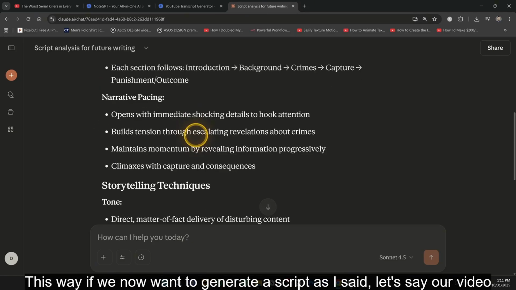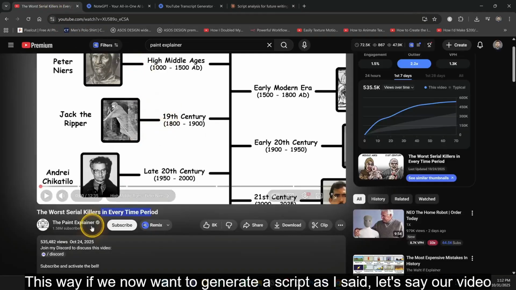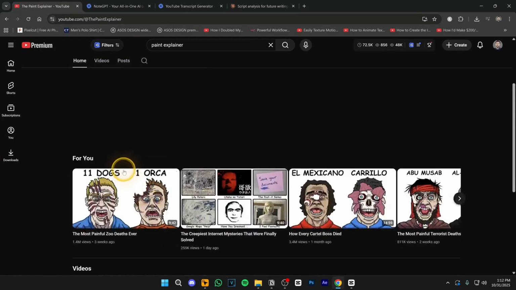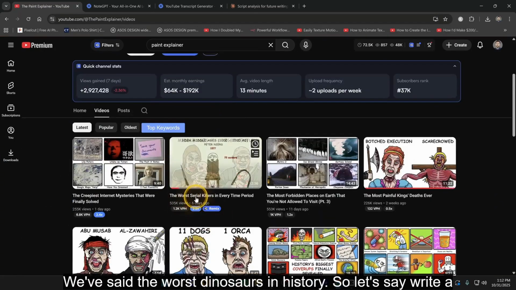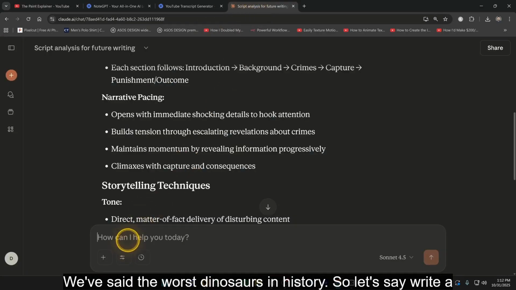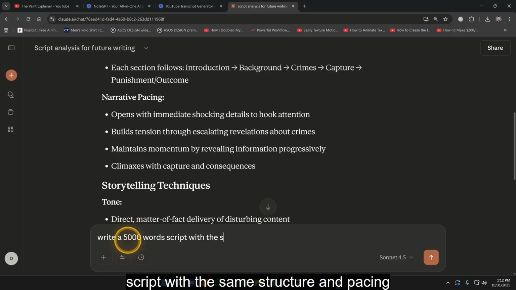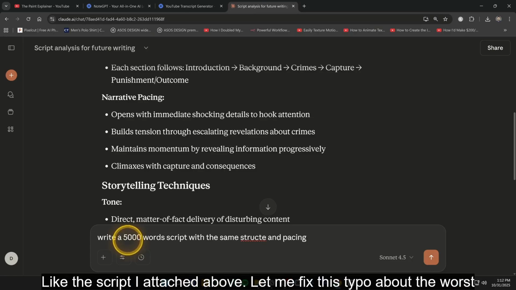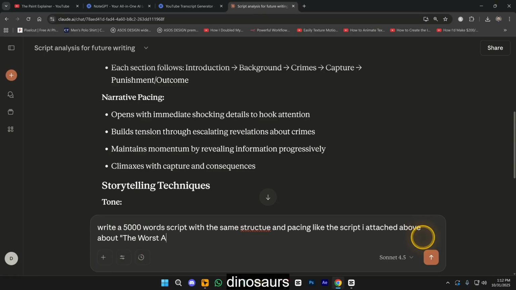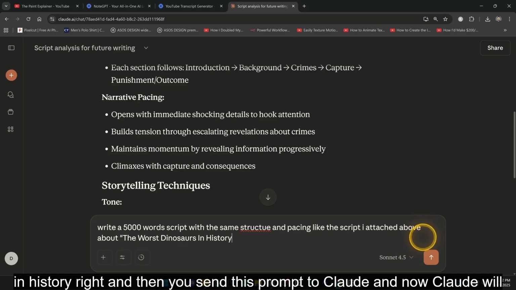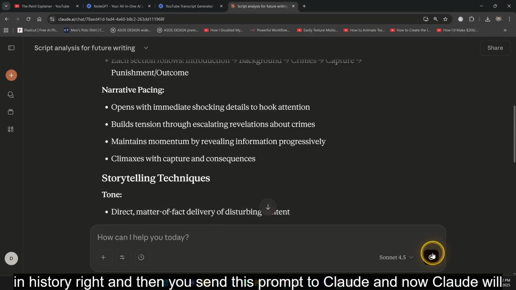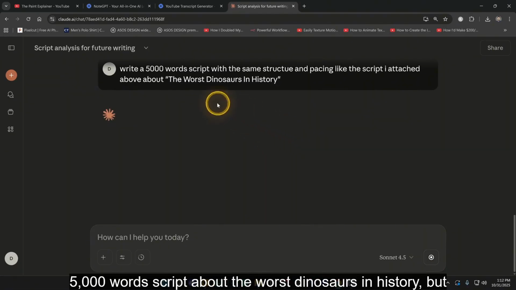This way, if we now want to generate a script, as I said, let's say our video will be about, over here, we've said the worst dinosaurs in history. So let's say write a 5,000 words script with the same structure and pacing like the script I attached above. Let me fix this typo. About the worst dinosaurs in history, right? And then you send this prompt to Claude, and now Claude will generate a 5,000 word script